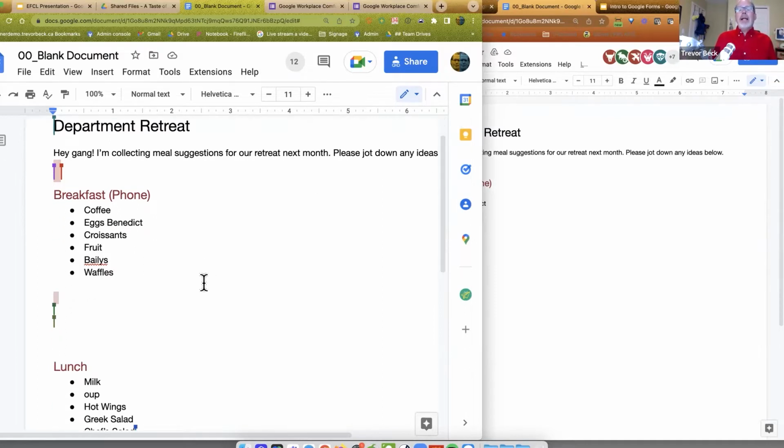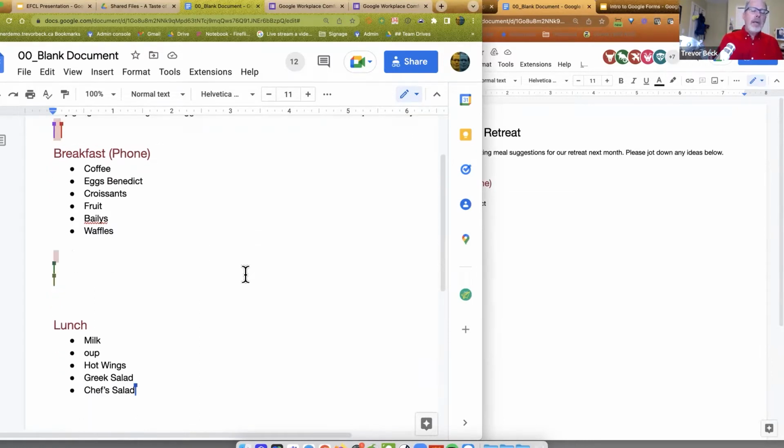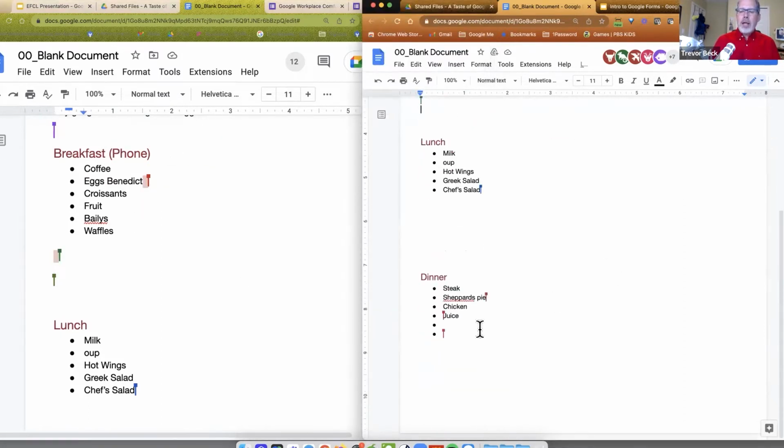The first thing that's really nice is that you can see other people working. The beauty of this is we have this one document, but you are all on different sections. Notice I've got the breakfast section on this side, but over here Jazz is working on the dinner stuff. Even though it's a single document, I don't have to be on the same page. I can be on page 37 with one person, someone else could be on page 5, someone else on 13. That's the beauty of it. It is accessible to everyone, and the whole document, not just one page at a time.